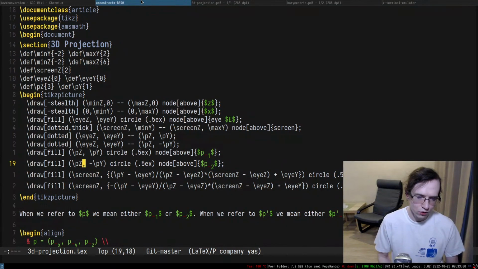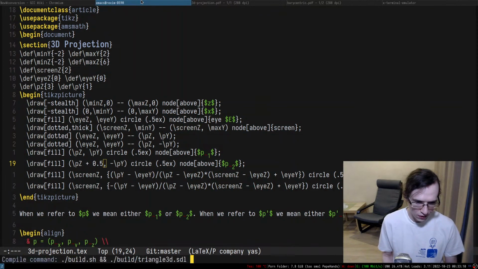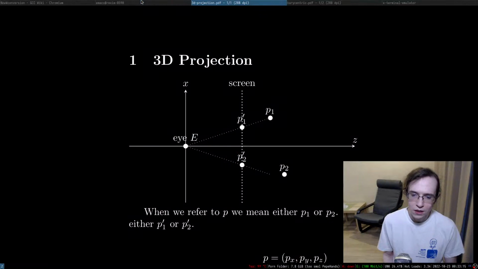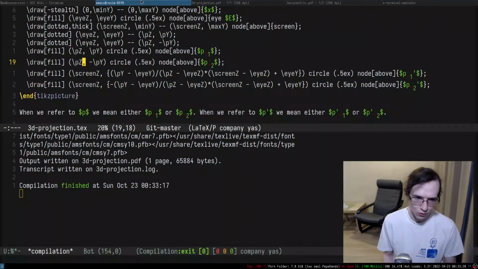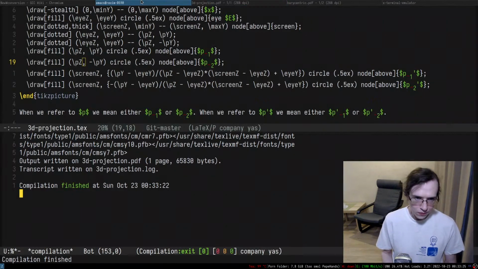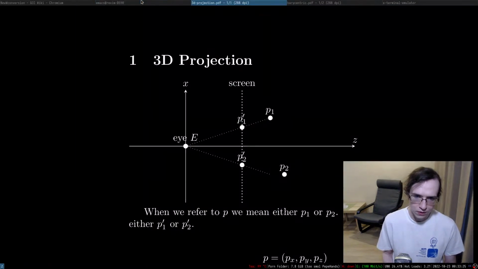They are literally on the same thing, and I wonder if I can add like a half of this entire thing and then do PDF later 3D projection tech. Right, and I wonder if it's going to work. Yeah, it definitely didn't work. Okay, so I'm not gonna even try. But anyway, so after the projection,